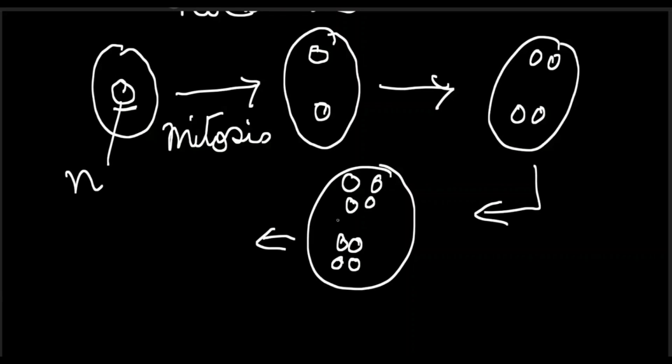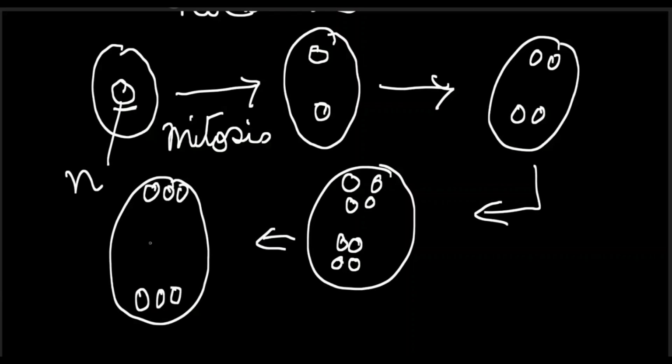These nuclei will now be differentiated in this way. 3 will remain at one end and 3 at the other end, and 2 nuclei will arrange themselves just in the center. Now the 3 nuclei on both the ends will be surrounded by a cell wall. I mean, now we will be calling them cells. The 3 cells which are at the micropylar end, near the micropyle,